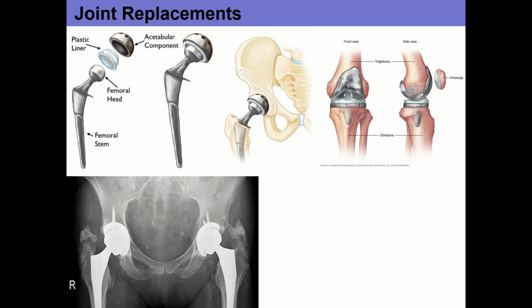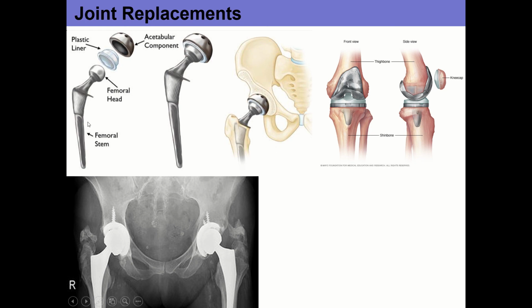So most of the time, joint replacement is due to osteoarthritis, like 93% of the time. Once those surfaces get so worn down and painful that you can't sit, can't do your activities of daily living, then people get them replaced. You get it replaced with metal or ceramics. In the case of the hip, there's a little socket that fits into the hip, and as you can see here, most of the time they drill it into the pelvis. There's a cement that they can use, but most of the surgeries in the US don't use it, maybe a third of them actually use a cement. So for the most part, they'll